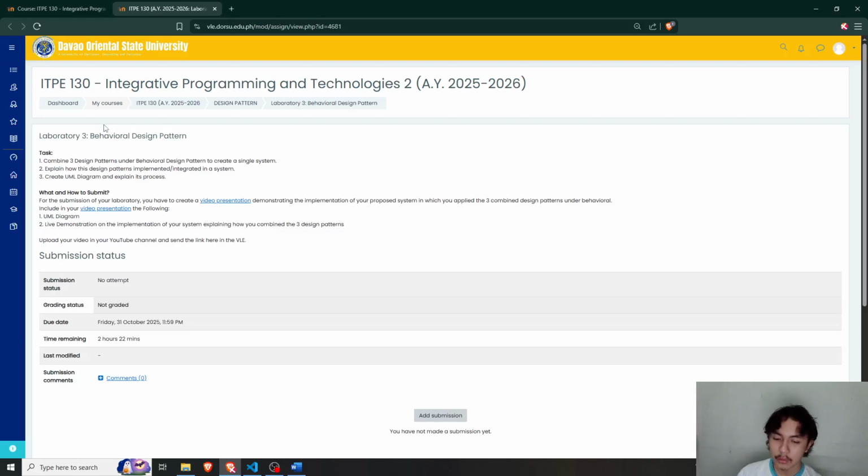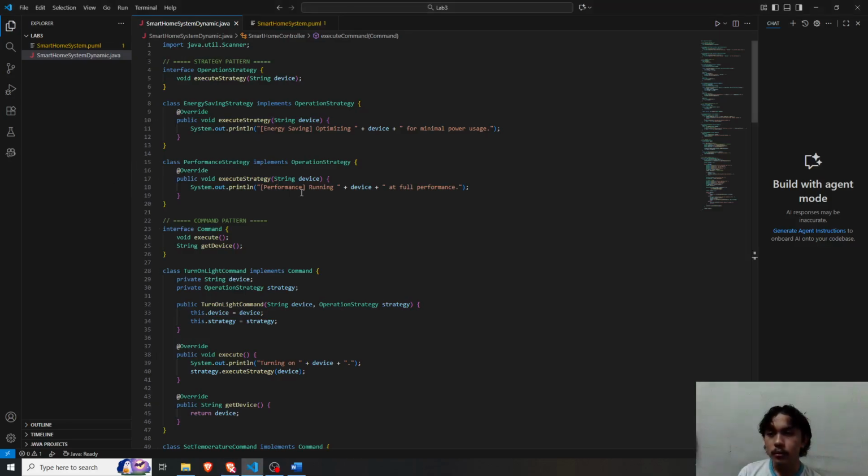So first, I'll explain the code before breaking down the exact purpose of each design pattern in this system.